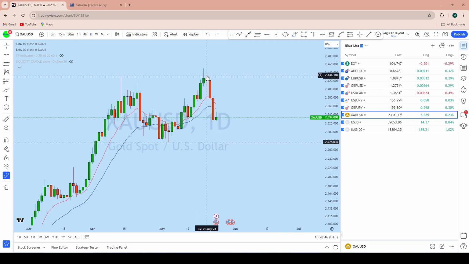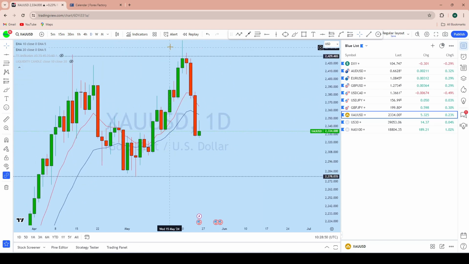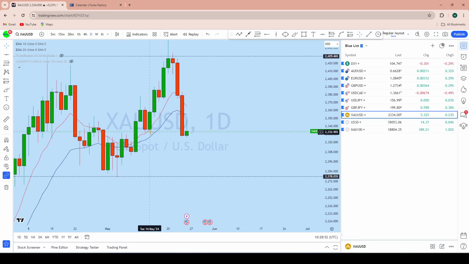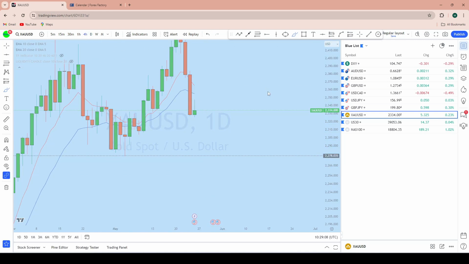So here is what we can see: there is a big drop here on the daily time frame on gold. We can see back-to-back 3 days of strong drop followed by a very narrow doji here on the daily. We will be waiting for gold to go up to fill, and then to drop back down to this support level. Now looking at the lower time frame here on gold,